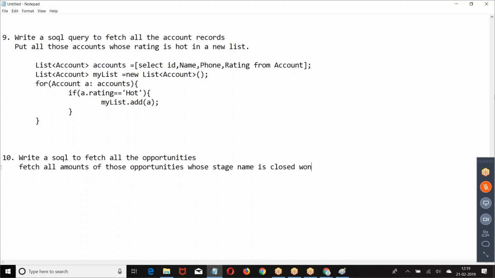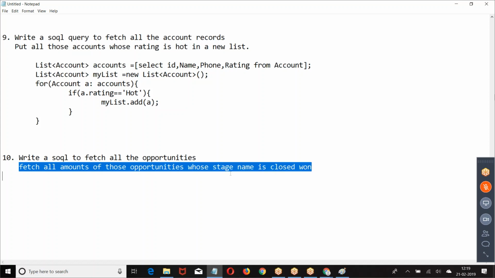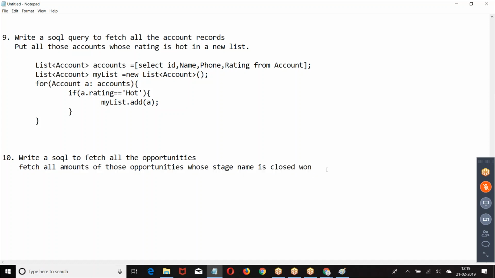Write a SQL to fetch all the opportunities, fetch all the amounts of those opportunities whose stage name is closed one.